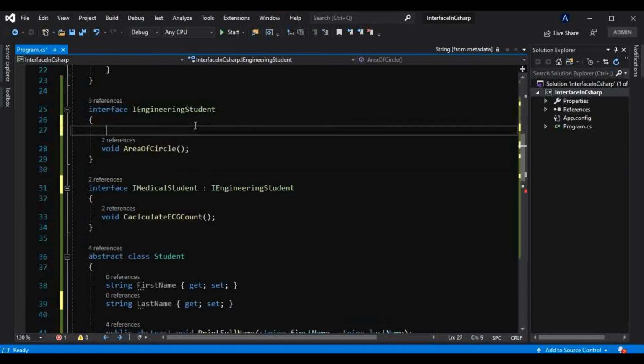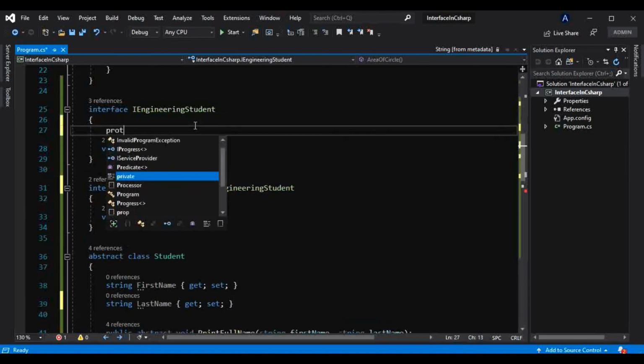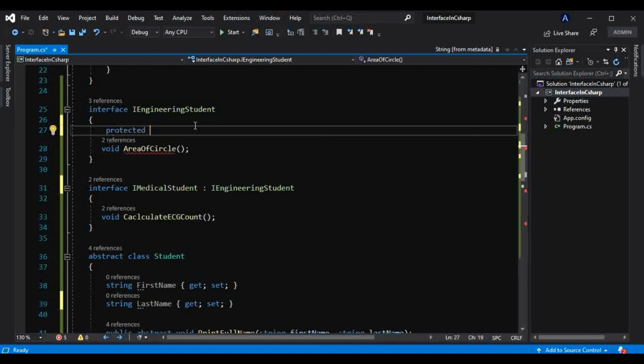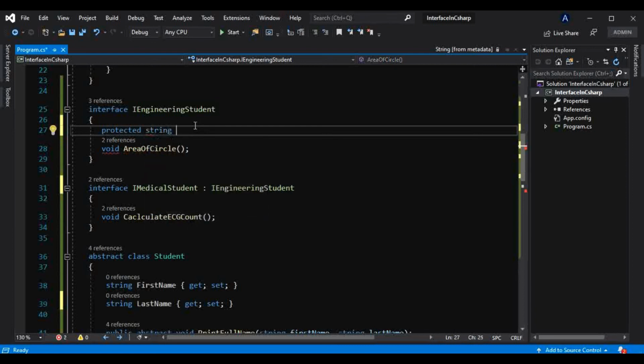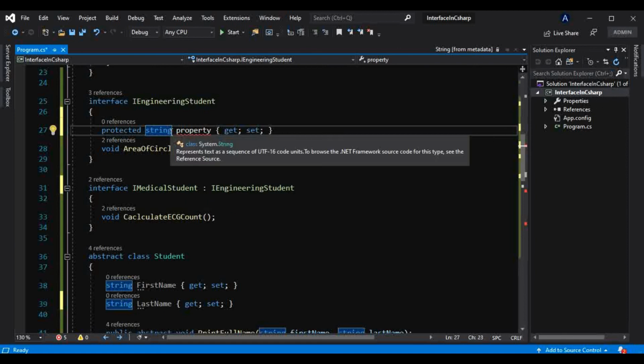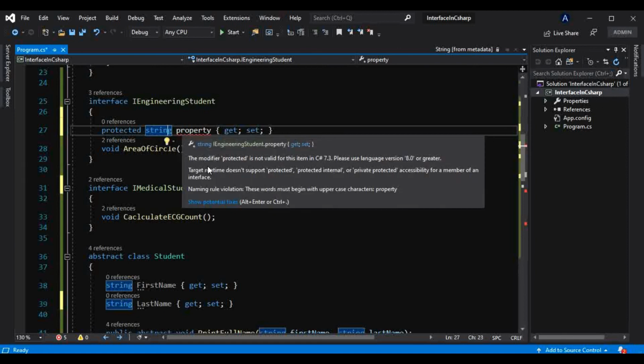And what that point says, if there is any protected field or any protected property like this, protected string property get set, this feature is allowed starting from 8.0, and you can see that here the modifier protected is not valid for this item in C# 7.3.